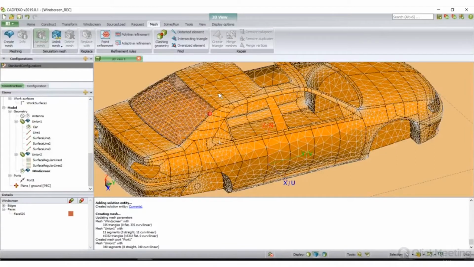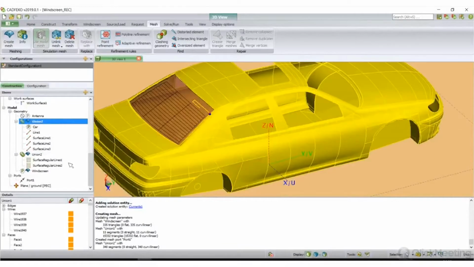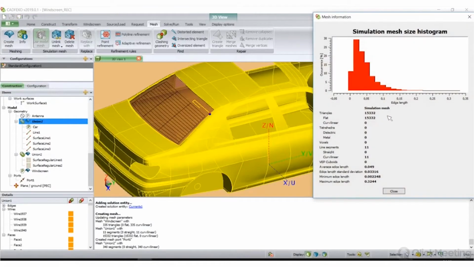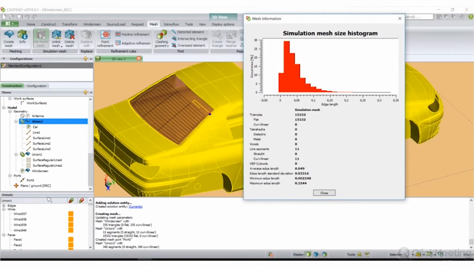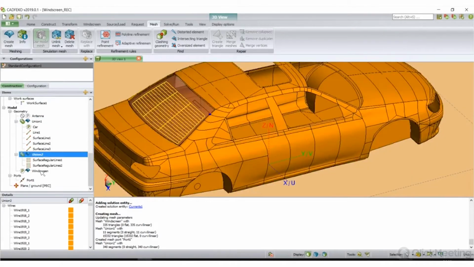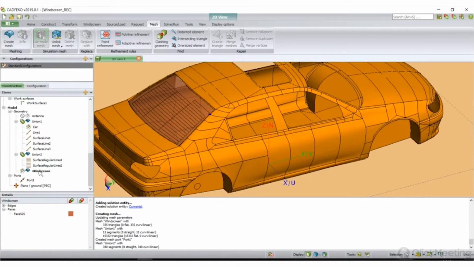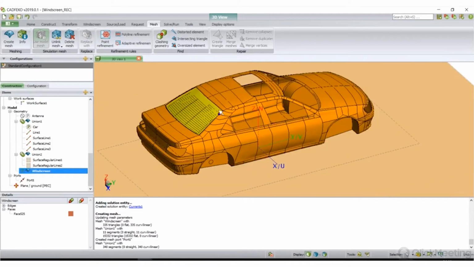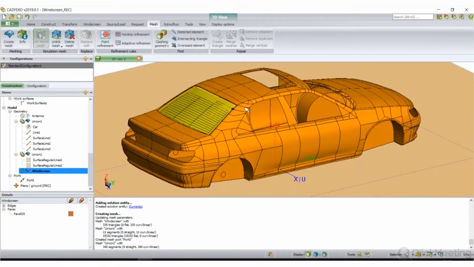We would have to wait for the results, which would be quite lengthy, as our car is 15,300 triangles big, and there are also some other components to calculate. I prepared results beforehand, so now we have the comfort to just have a look at the